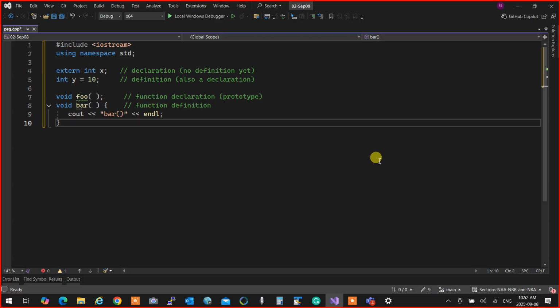So if I compile this code, it will compile just fine. But if I try to execute it, it's going to give me 2 errors. The linker is going to tell me, hey, where is the x you promised? So a prototype for a variable,